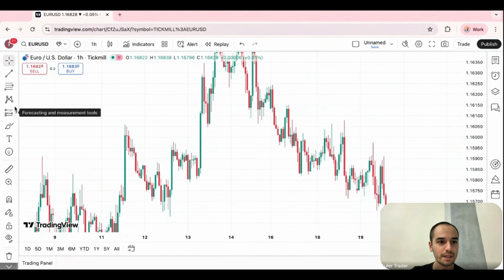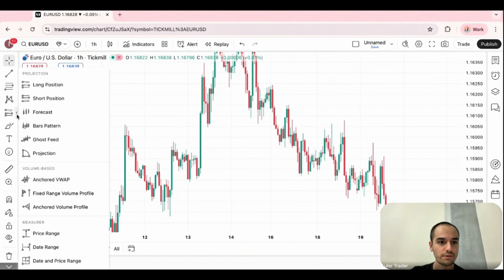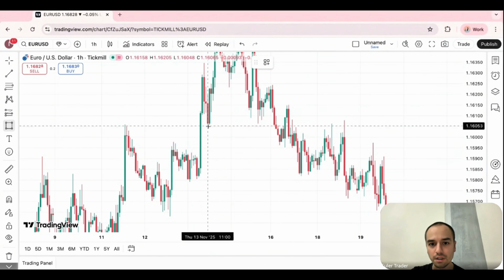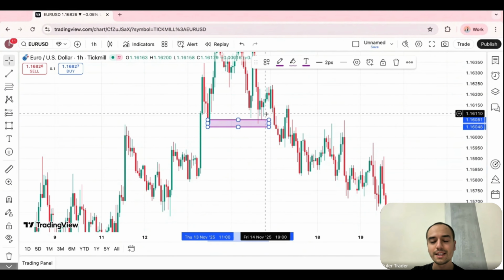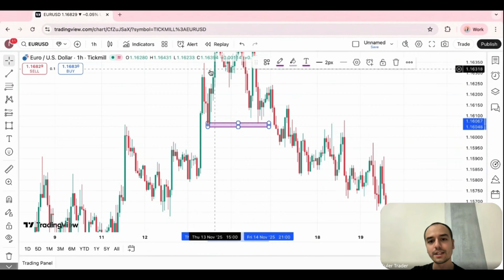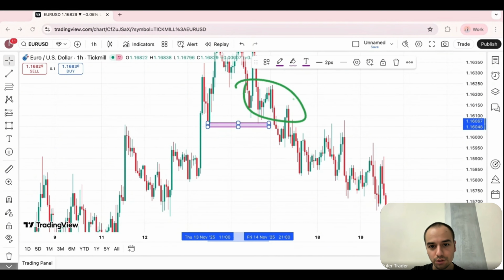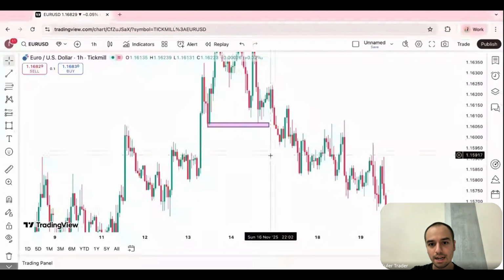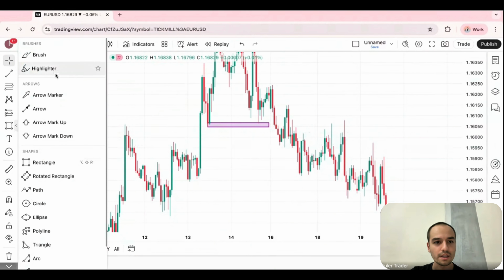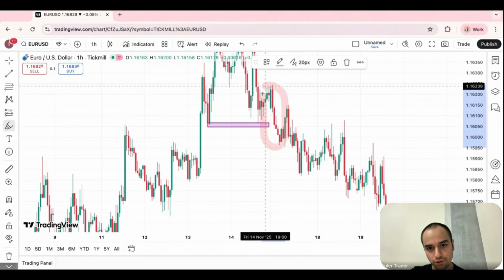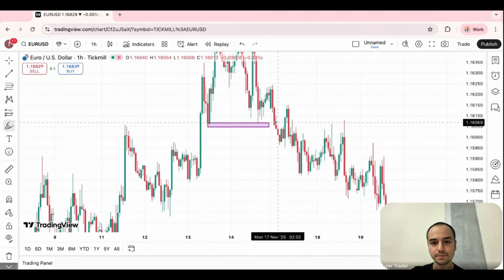So the liquidity has been left. Let me choose a different rectangle. So the liquidity was left here. This means that at some point, on the downtrend, it will allow the big player to grab it at this point. So you see that this acted as a fuel for a strong move here, for the strong downtrend here. And then,